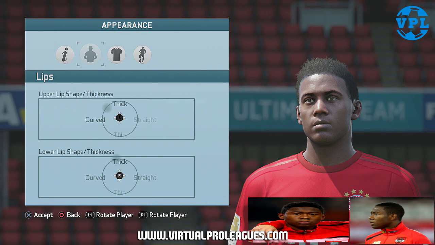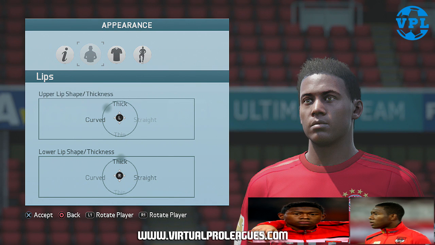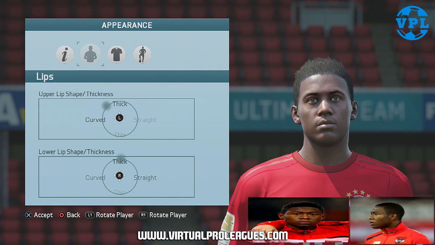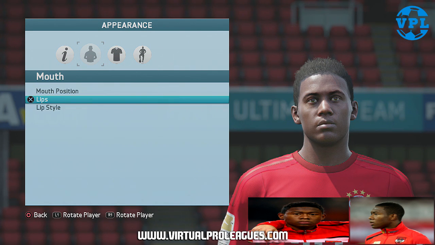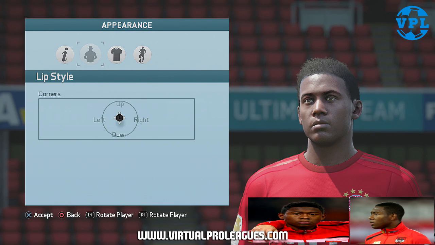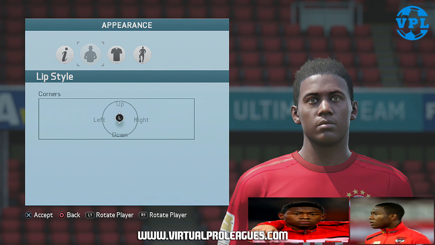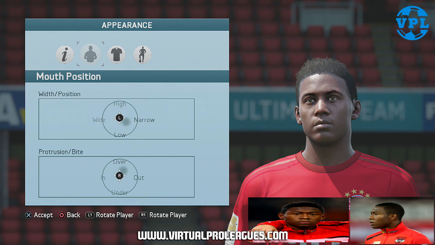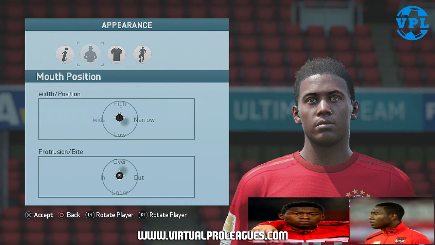And then ones. And the problem you've got with these faces, guys, is that a lot of players, their lips are not the same colour as their face, obviously, but FIFA seems to think they are for some reason. Why, I don't know. That's not bad, though. And he's got a bit of a sad look on his face, so I can either put him down. Try to keep it in the middle as much as I can, or just keep it neutral. For now, I'm going to keep it neutral, and I'm just going to bring in the narrow a little bit